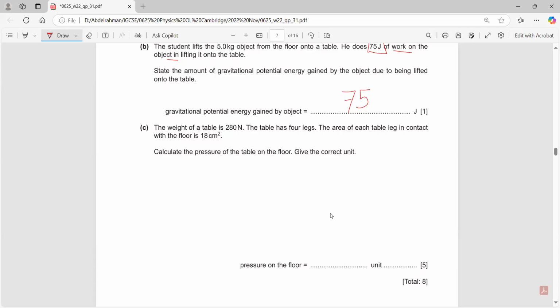Pressure equals force over area. What is the force? Force is 280. What is the area? The area is 18 times 4, because it has 4 legs. So 280 divided by 18 times 4, which is